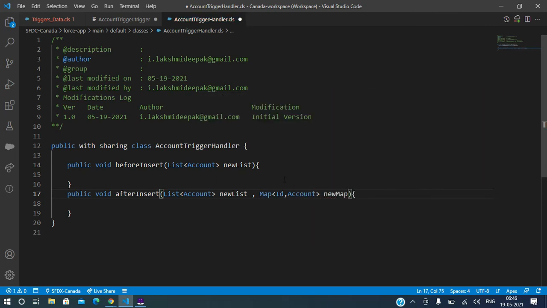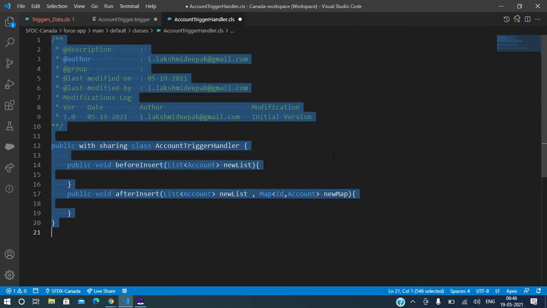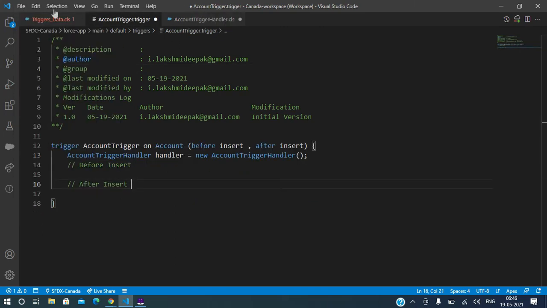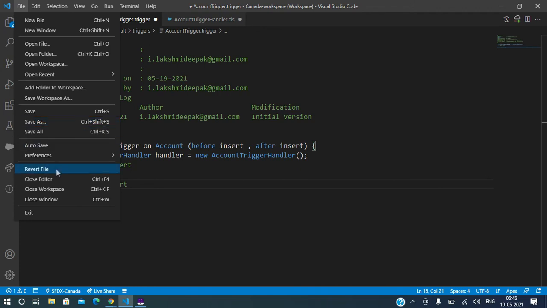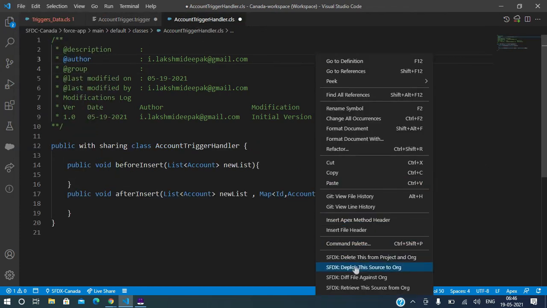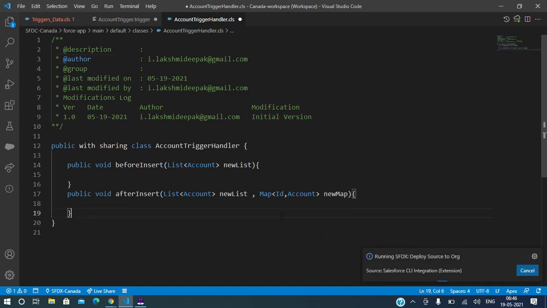So how many methods do you have here? Two. It's not saving for me. Something bad.